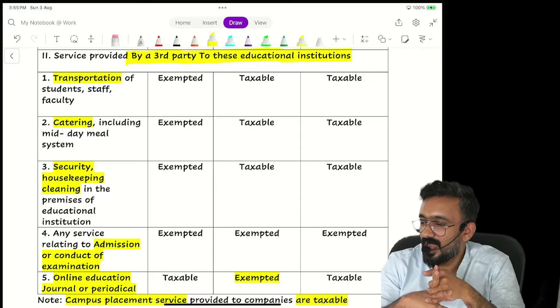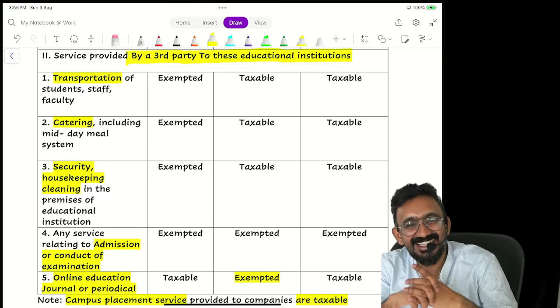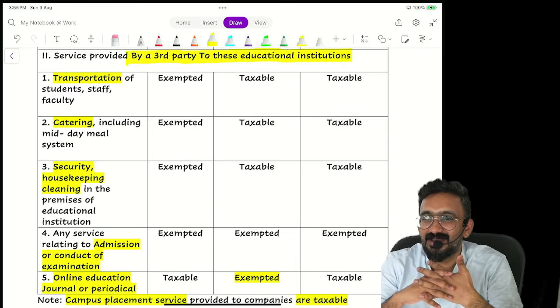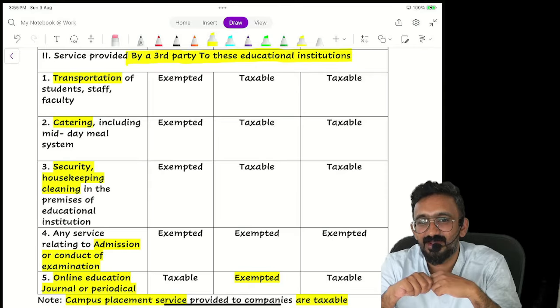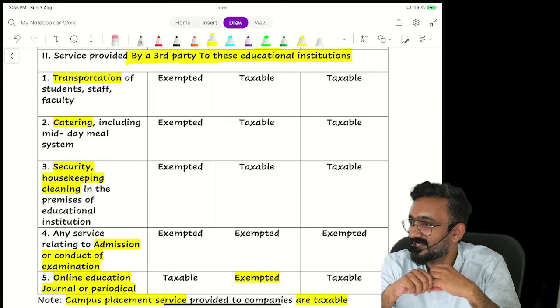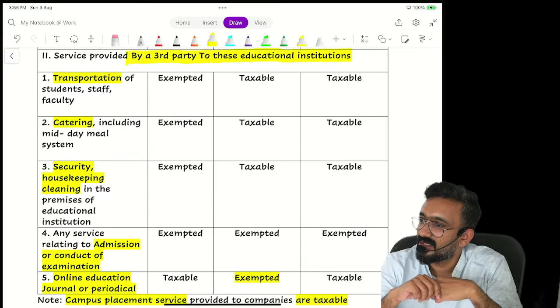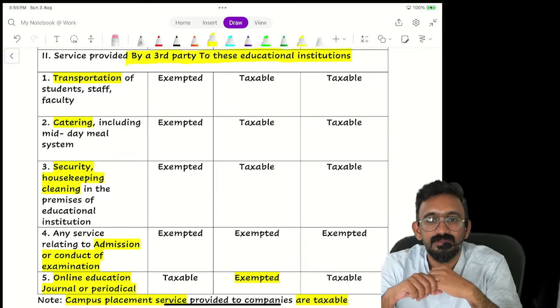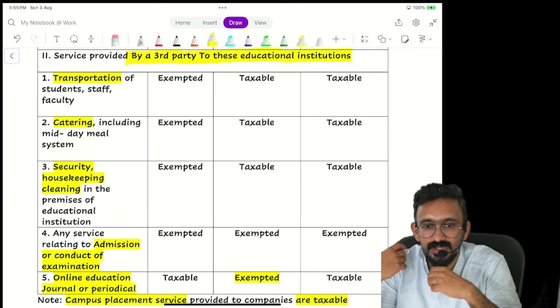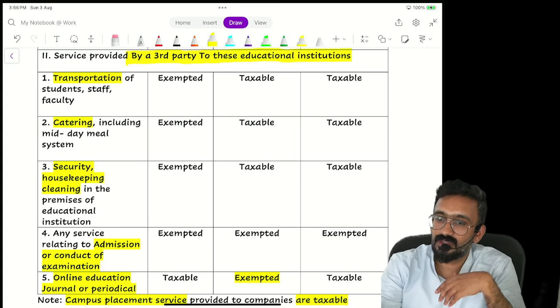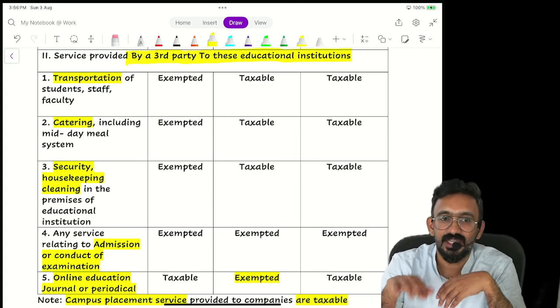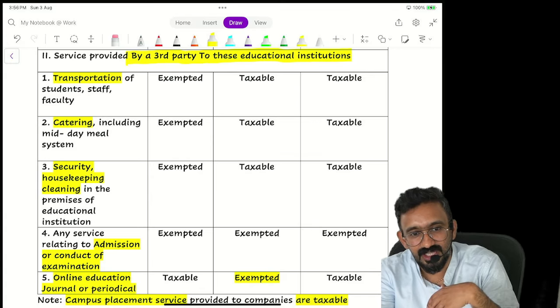Okay, I am running a cafe in a private coaching center on the ground floor. I'm giving food to the students and then getting money out of it. Taxable or exempt? Taxable. Why? My services are to whom? To students. Am I an educational institution? No, I'm a third party. It's like a hotel only. Second, I am giving the bill to the coaching center. Still taxable. Coaching center is not any of these 3 categories; private tuitions.